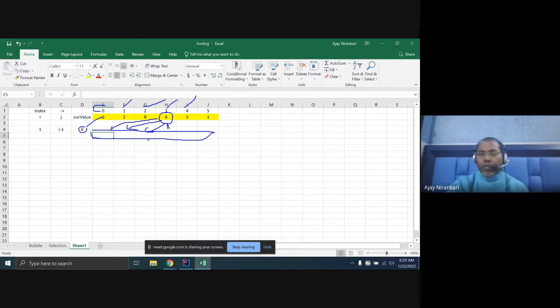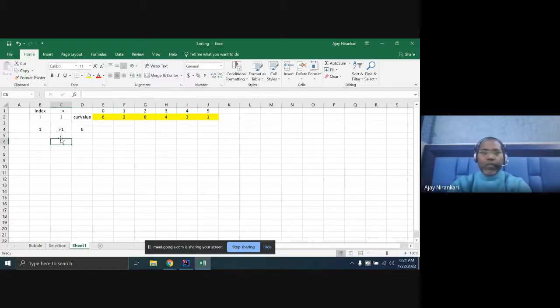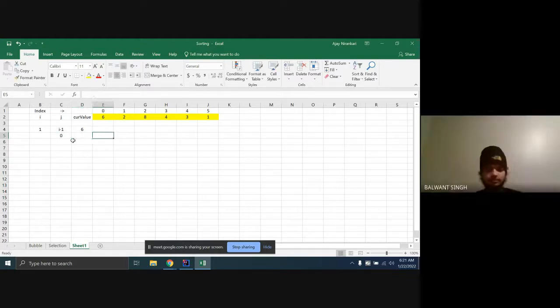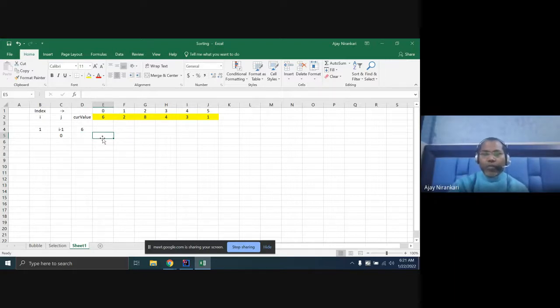And whatever the proper place is, you have to insert there. That means whatever the value you have at j, you have to compare at minus 1. So I am starting with i minus 1. j is i minus 1. So let's assume j here: let us assume j equals 1 minus 1, which is 0. Correct? So here you have to check only one position. If j equals 0, then you just put it in the 0 position. There is no comparison. So this is your one pass. Now we do not have any comparison.